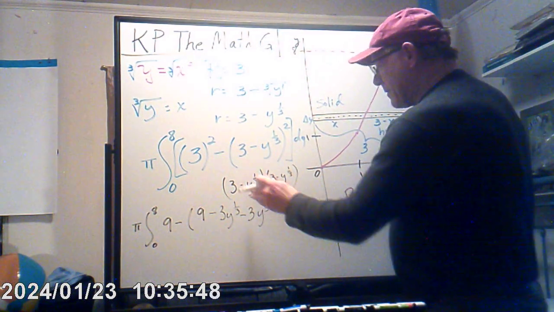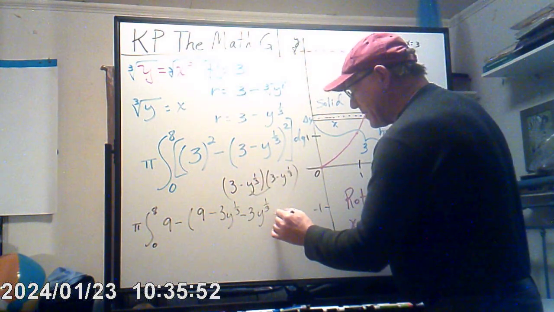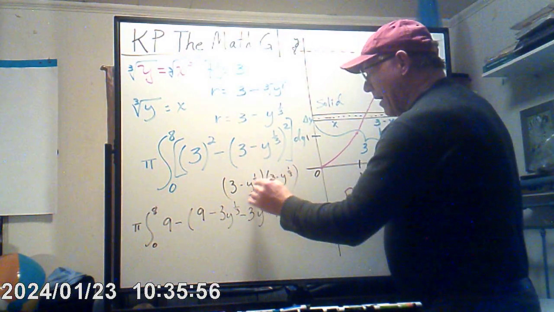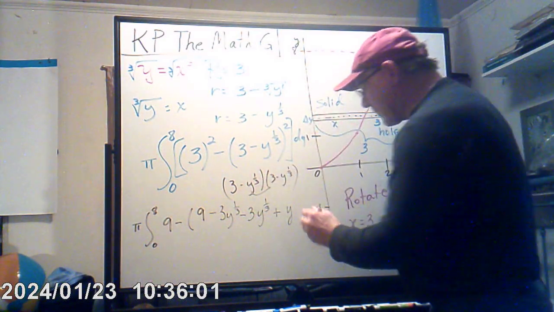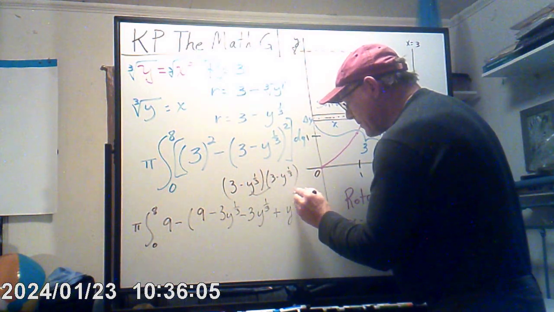And I've got y to the 1/3, y to the 1/3. All you do is add the exponents. Negative times a negative is a positive. So y, don't get those signs mixed up now. So y, 1/3 plus 1/3 is 2/3. So 2/3